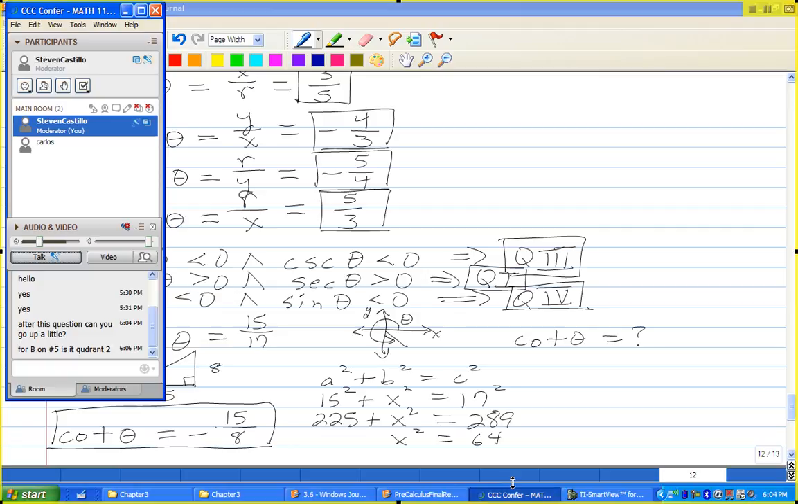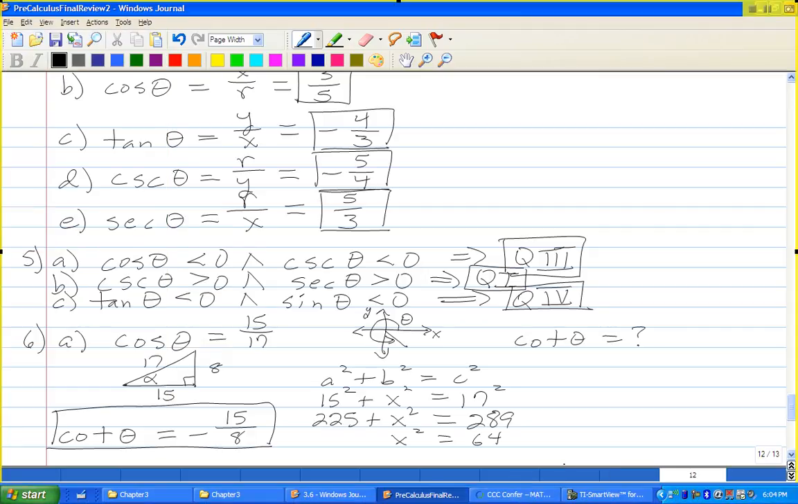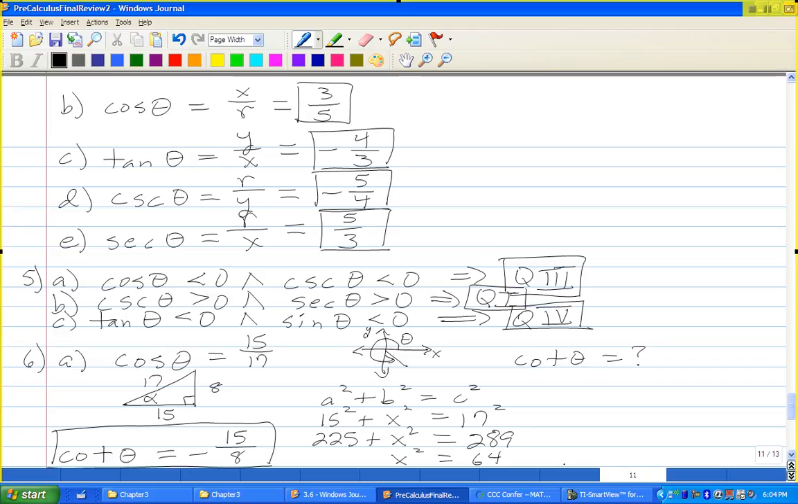Oh, number 5. Okay, so B. So sine is positive. No, it's the first quadrant, because sine is positive and cosine is positive. So they're both positive, so it's got to be in the first quadrant. So yeah, it has to be in the first quadrant